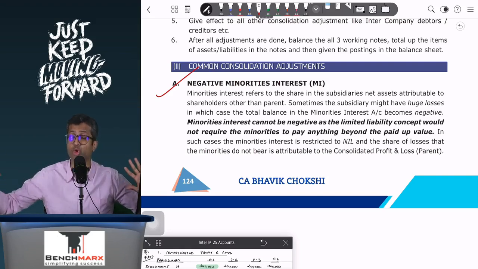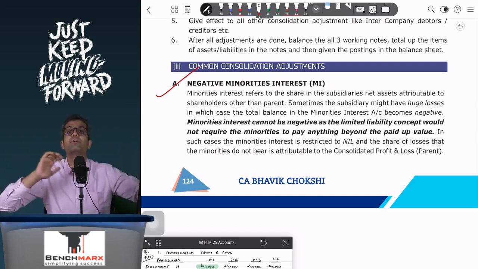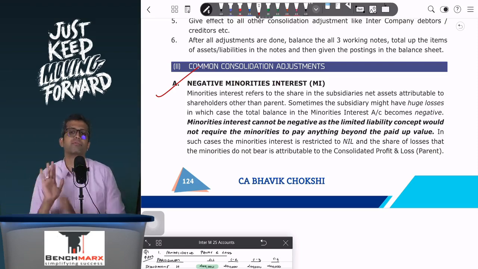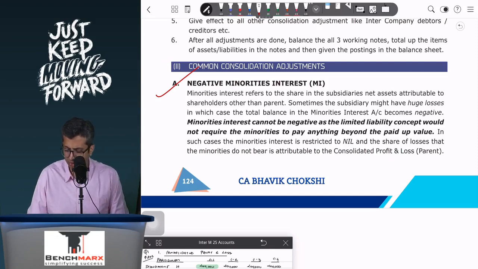The remaining 500 should go to the minorities. However, there is still 150 yet to be adjusted. So 150 will be adjusted, and hence the remaining 350 will be taken to the minorities. So over here they say minorities interest refers to the share in the subsidiary's assets attributed to the shareholders other